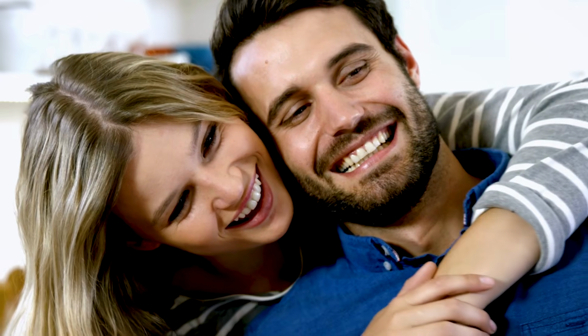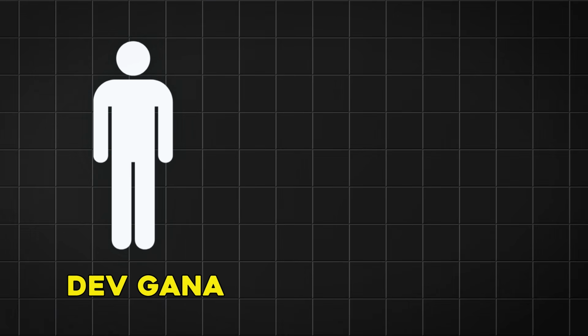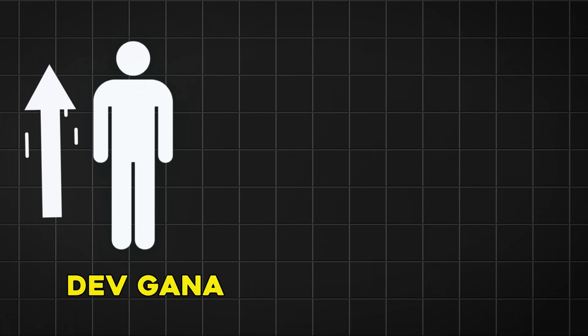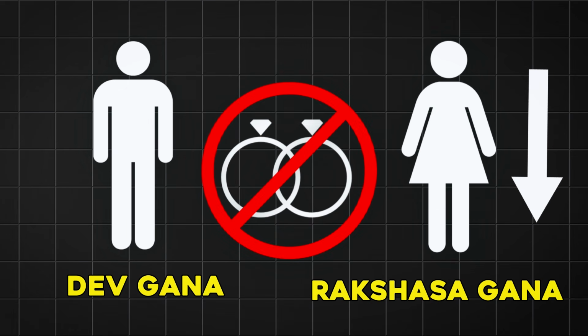So these things are very important to observe, and today's society is such that we need to know them in detail so that we can have a happy life with the person. In the earlier times, it was said that a man with a Dev Gana should not be married to a girl with a Rakshasa Gana, or a man with a higher Gana could not be married to a lady with a lower Gana. It is because it was probably that the lady would suffer, or there could be some discontentment in